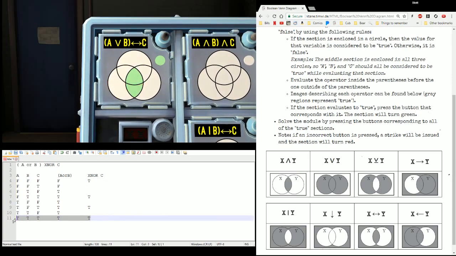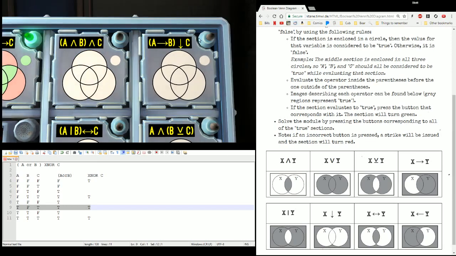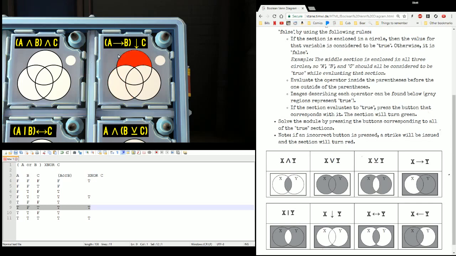Which was here for this one, so that's there. A, B, and C, which I clicked earlier as an example, and A and C. A, C, so this is A and C. And there we go. Notice as I finish, it goes ahead and reads out the false sections, just kind of as a visual aid that I'm done. This one I'm going to skip for right now. We'll come back to it. This one,